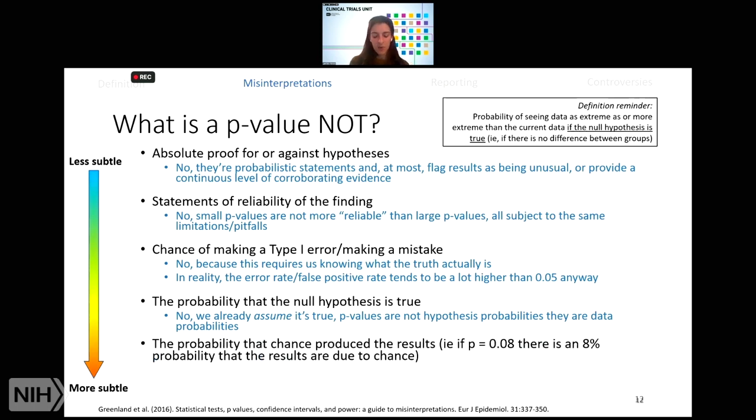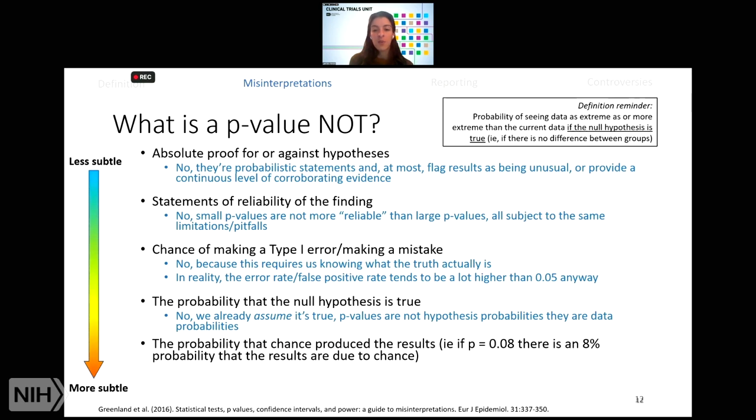And finally, some of these are pretty intricate, subtle definitions that sometimes take a while to think about. So I would encourage you to make note of some of these resources if you want to read more about these examples. But the last example is the probability that chance produced the results. So this is also a really common misinterpretation, saying that something's due to chance. This is partially because of the way our English phrasing of these things works, but to be strict, this is